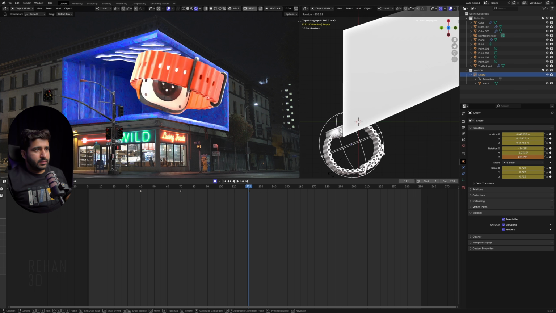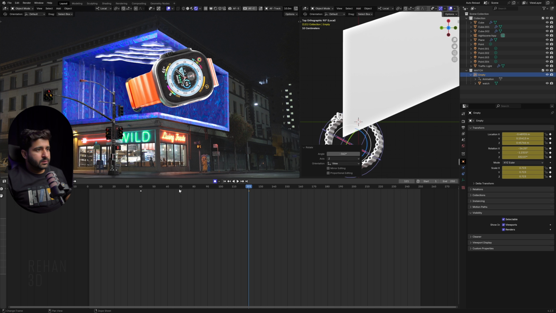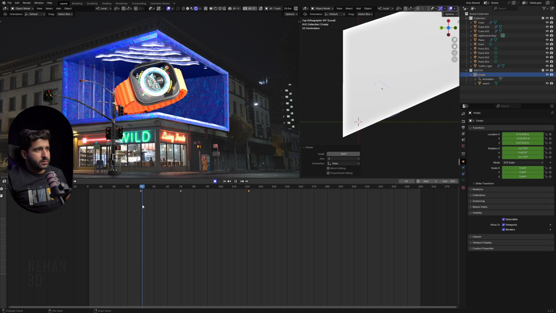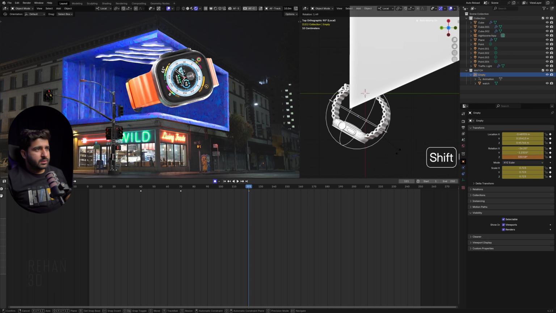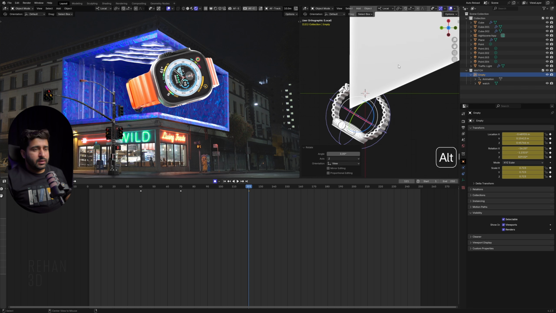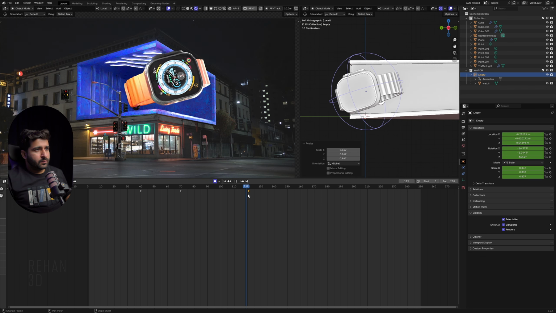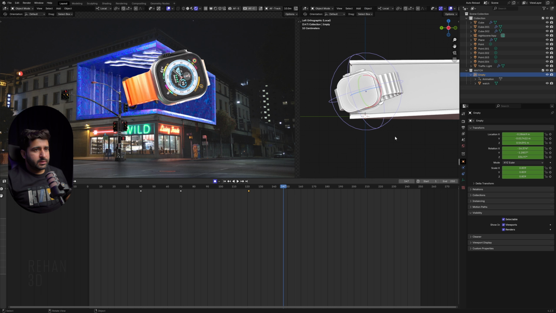Move it this and this. Let's see. You can see it will go here, and from here it will rotate and it will come up here. And here let me just set this angle. It will come here, and after this I will give it a smooth rotation like this.